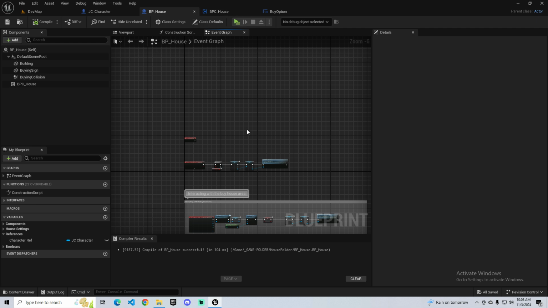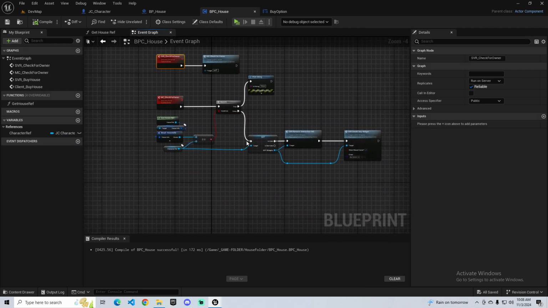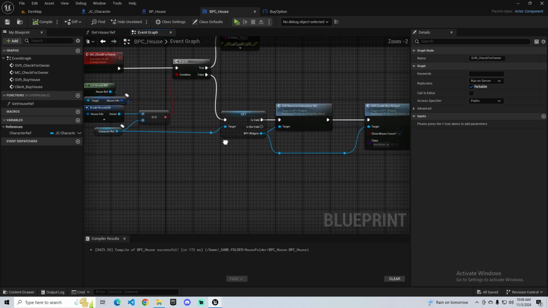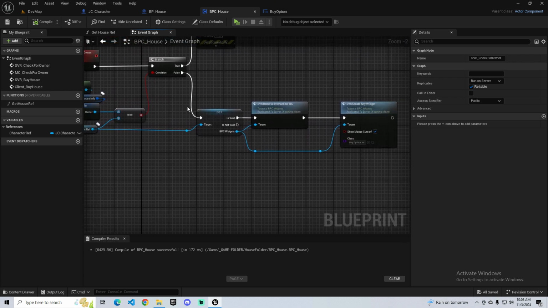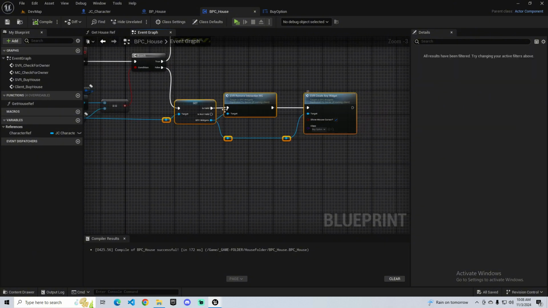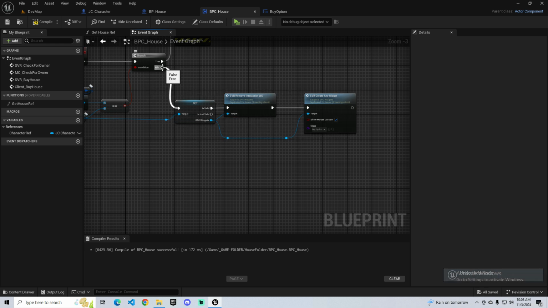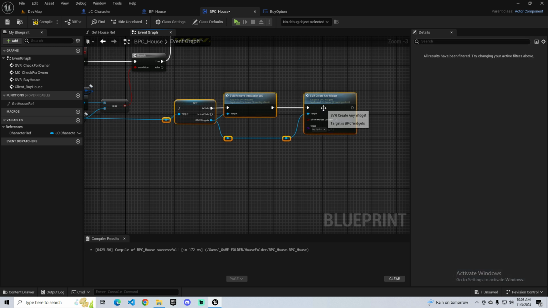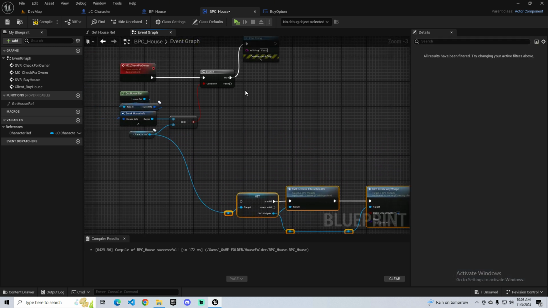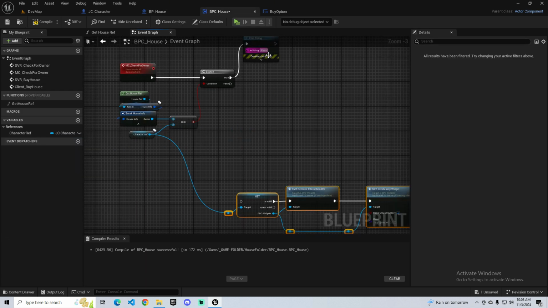Where is it? The house? Is it the house? No, check for owner. Here we need to do another check before we show that widget. So here we need to move this. Matter of fact, let's disconnect it. Okay. Oh, come on. Because if we are returning, right? And oh, okay. Before we do that, before I get ahead of myself,